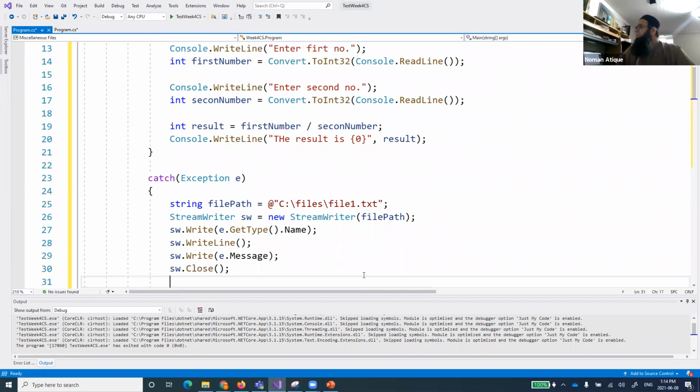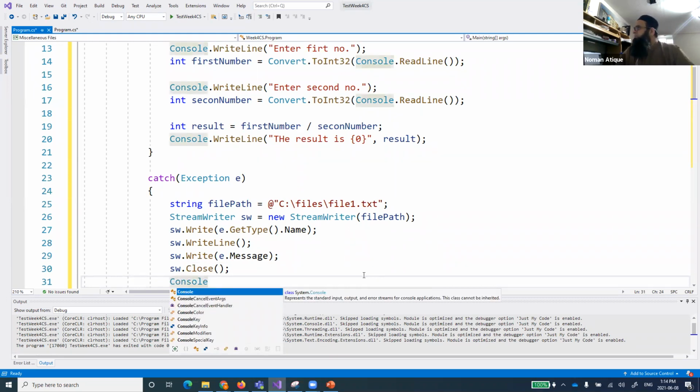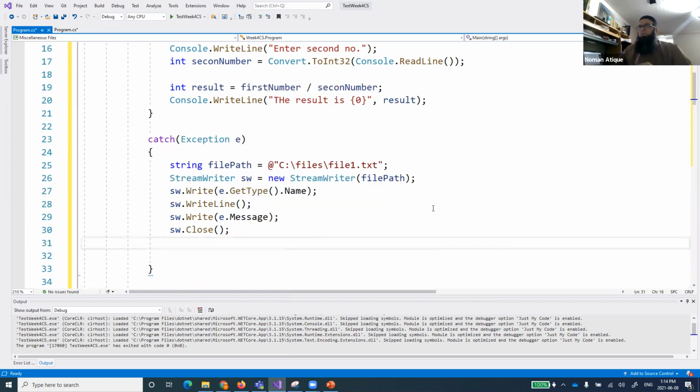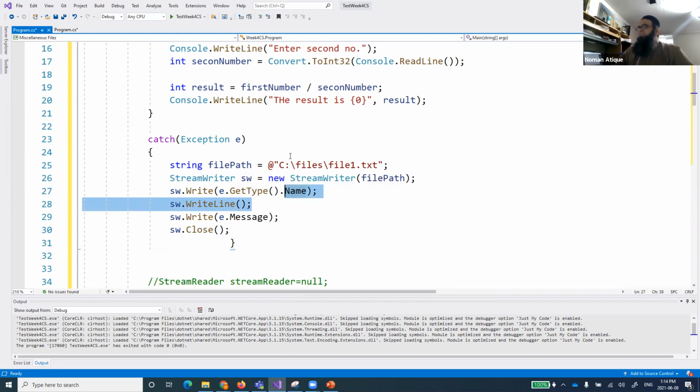So sw.Close. You remember that we can just write down that one. Okay, no need for that. So this is one file that we are using. That if there is an exception, open this file and write this exception into that folder. Got everyone? Now run it.